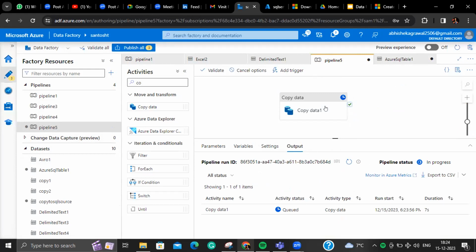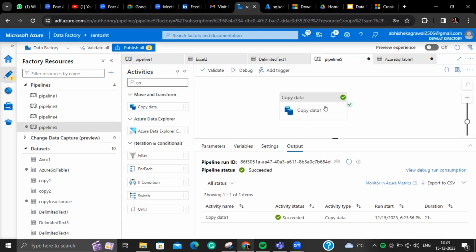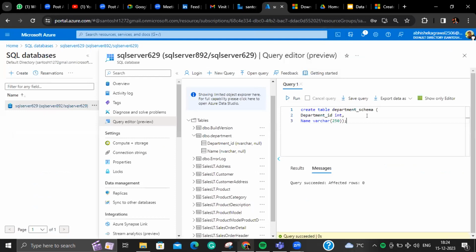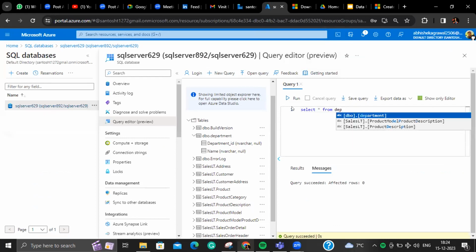What if you don't have all the columns in this one? It will only move whatever columns we specify. So in your Excel sheet, if you have 10 columns or 100 columns, and you have only created 2 columns, in that case you need to use the mapping feature. I will show you. Same as here, if I now do select star from department,